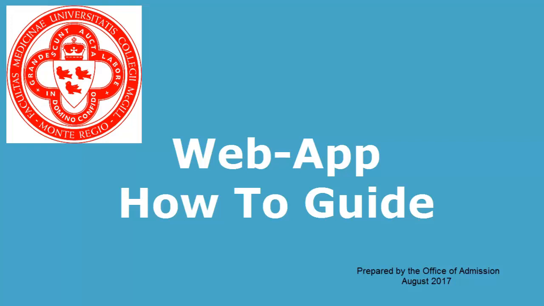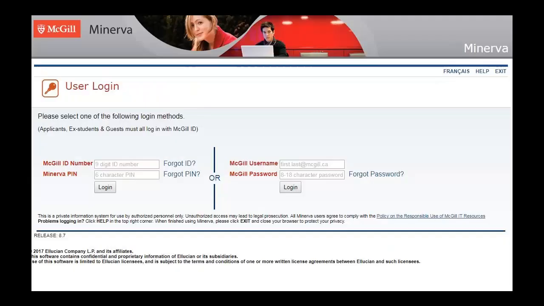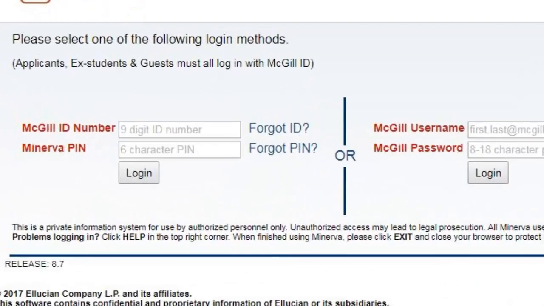Once you've completed this step, you will have access to the Minerva system and be able to upload your support documents. Are you already a McGill student? Or did you graduate from a program at McGill? Then you can use your student ID to log into the Minerva system and create your application using the applicant